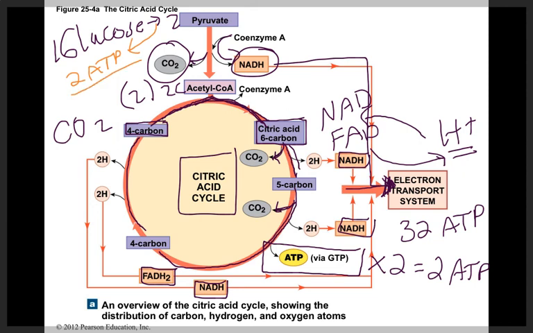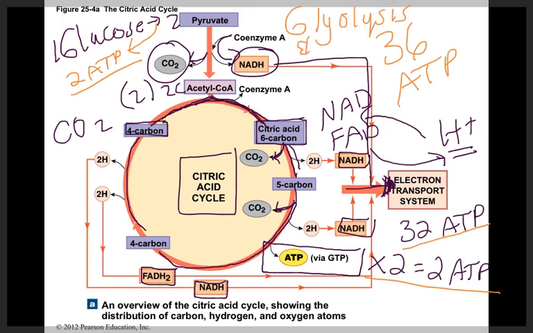So the total here is 2 ATP from glycolysis, 2 ATP from the Krebs cycle, 32 ATP from the electron transport system, to give us a complete total of 36 ATP that is yielded from both glycolysis and aerobic respiration